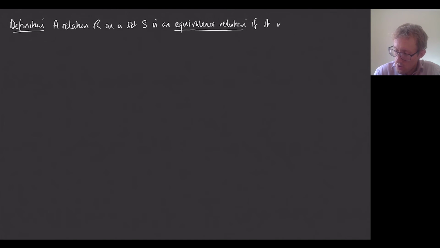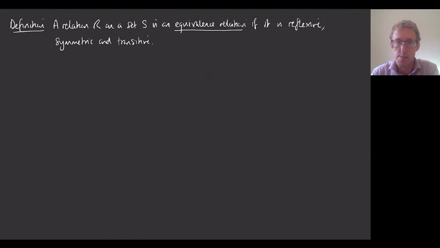if it is reflexive, symmetric, and transitive. And this is probably the most important thing in this lecture. It's something that you're going to come across quite a lot, the idea of two elements being somehow equivalent to each other. And so the way that we can systematically come out with a definition of things being equivalent is by defining a relation between them which has this property of being reflexive, symmetric, and transitive.